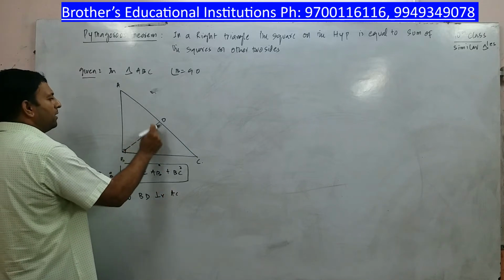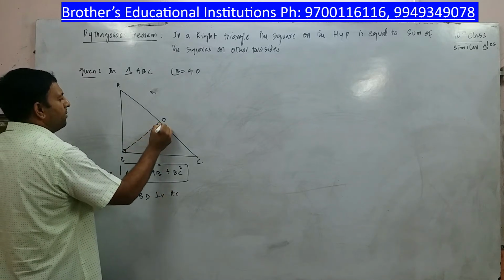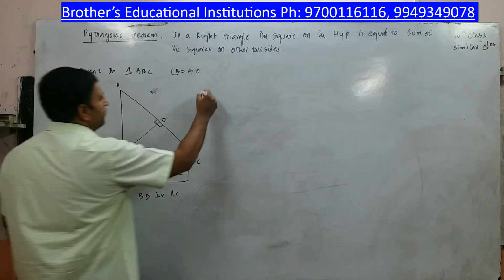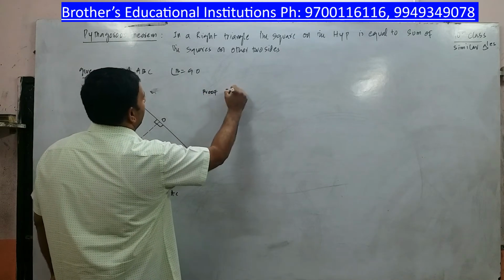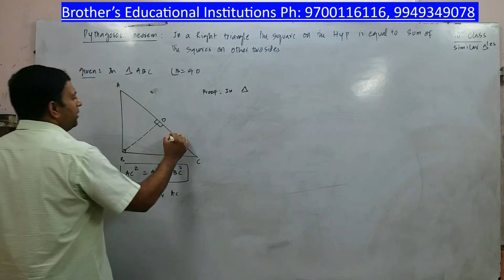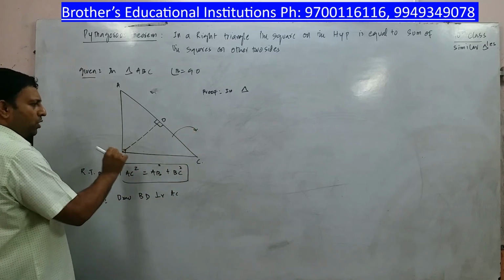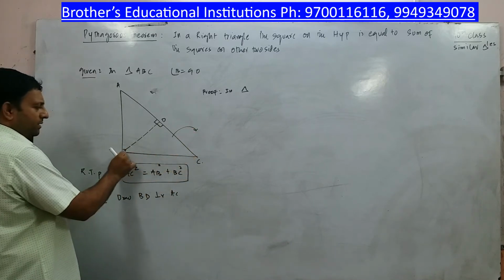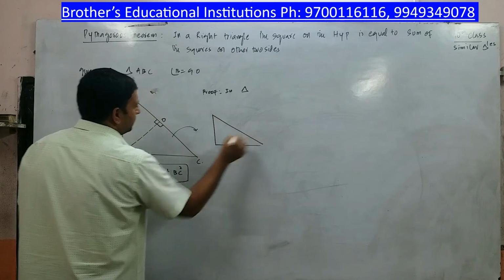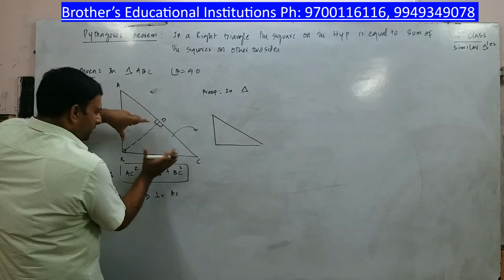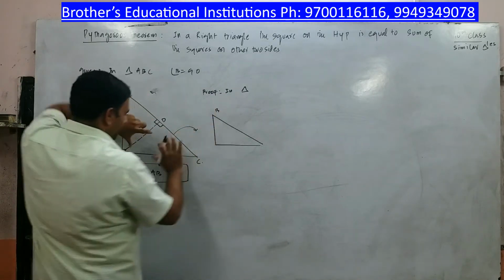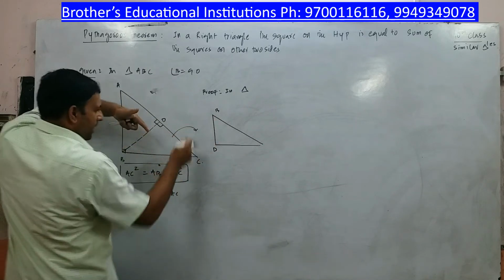Since it is a construction, and since it is perpendicular, the angle I am taking over here is 90 degrees. Now let us start the proof. In this particular scenario, I am going to draw one more triangle. I am holding C fixed, and I am translating this part. This will go up. So B is here, D is here, and C remains the same.